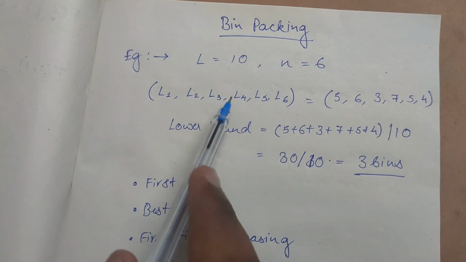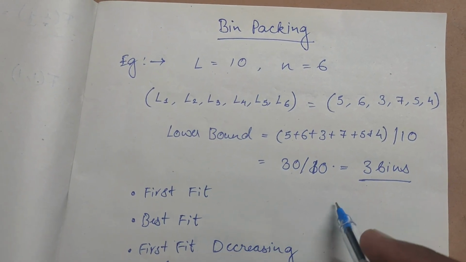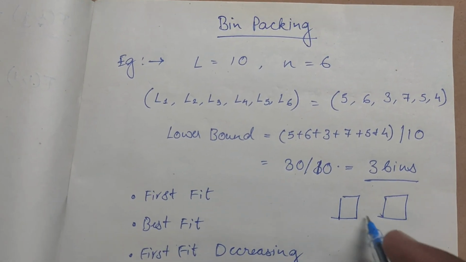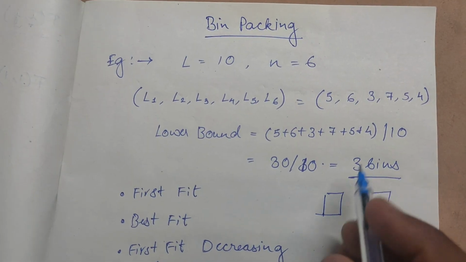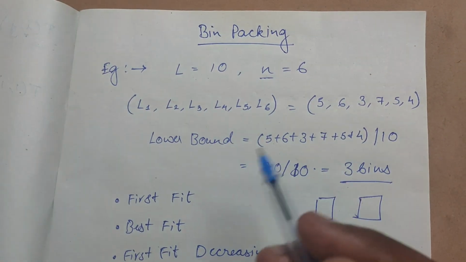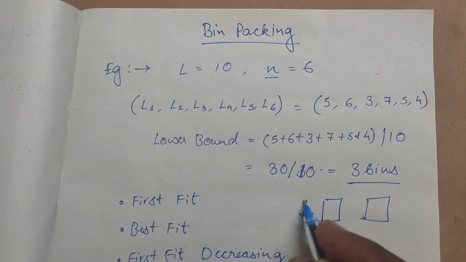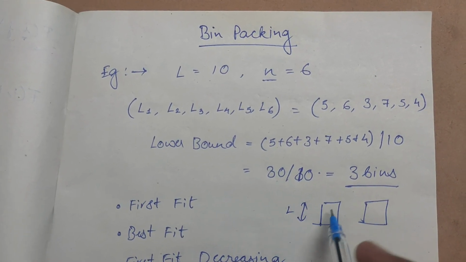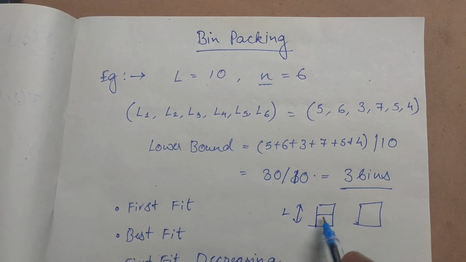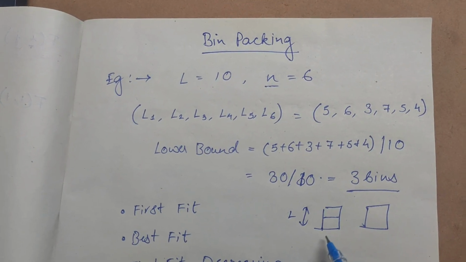So the next concept is bin packing. So what is bin packing? You have bins. Consider this cylinder-like thing which is a bin, and you have several objects, say n objects, and every object will have a certain length, and each bin also has a certain length, and you will have to fill these objects into these bins. And to do that, you have to use the minimum number of bins.